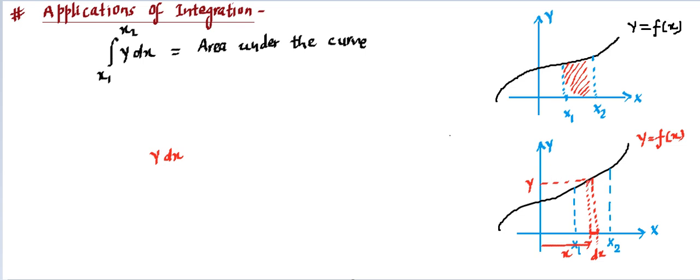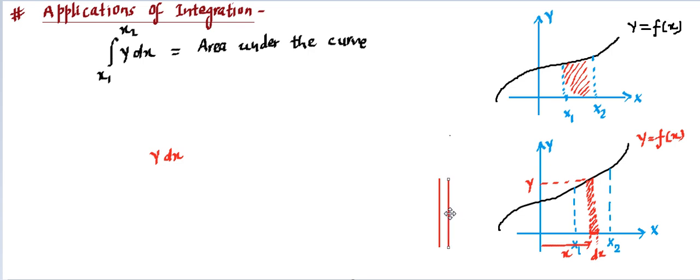Then you can think of there being a geometry formed. If you look at this geometry that I'm shading, it is going to behave like a rectangle, which is very small. If I draw it by magnifying, it's going to be something like this. This is going to be a particular y, and very close by this, you are going to get another y. This is y plus dy, you can call it.